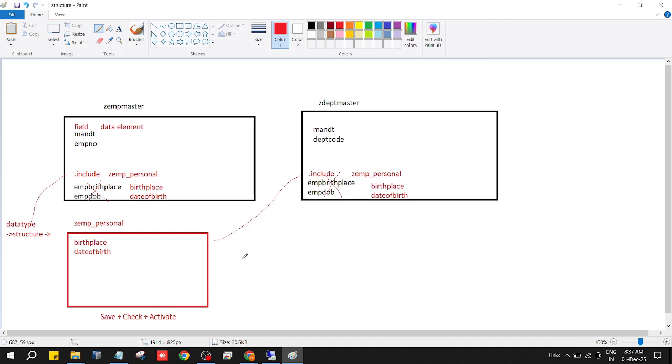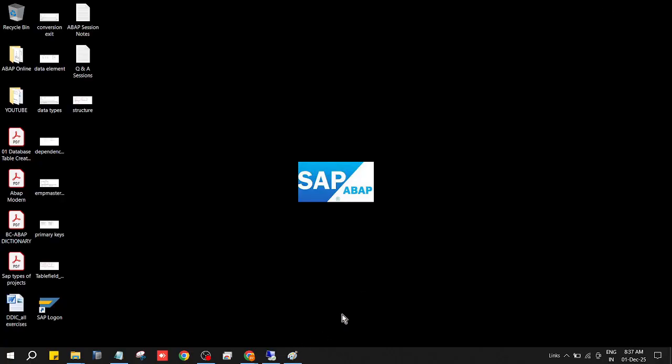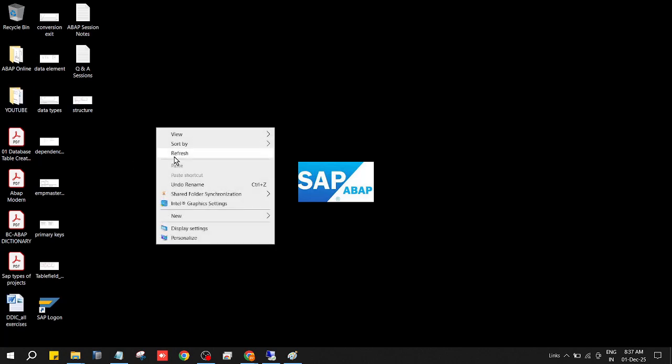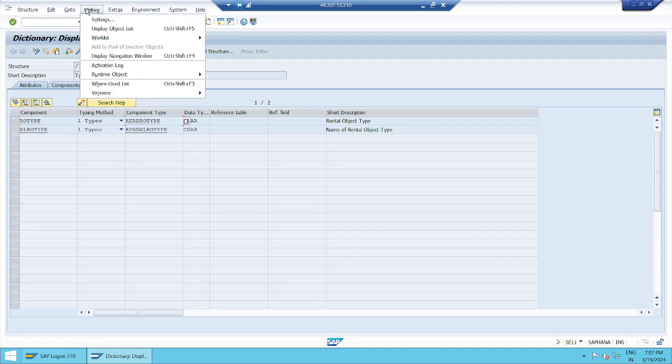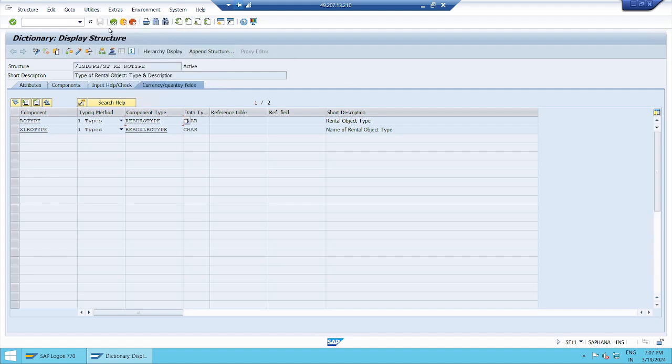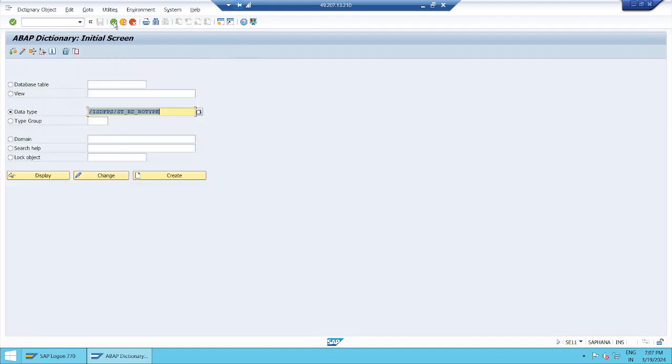Okay, this is about your structure introduction, and we will try to implement these details also. Append structure and all we will discuss later. However, the most important thing is utilities. There is no table contents to create entries or display entries. Okay, this is your structure related discussion. Go back to the